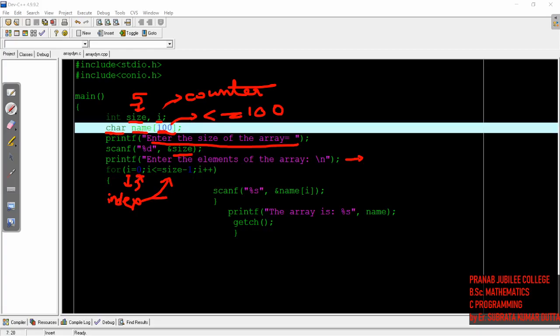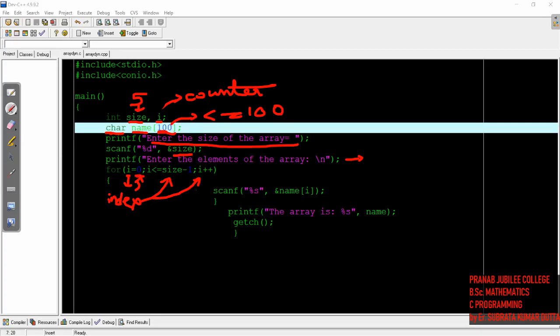And the increment it will use is i plus plus. That means after every step the value of i will increase by 1. At the beginning the value of i will be 0, next it will be 1, next it will be 2. So it will continue up to size minus 1.